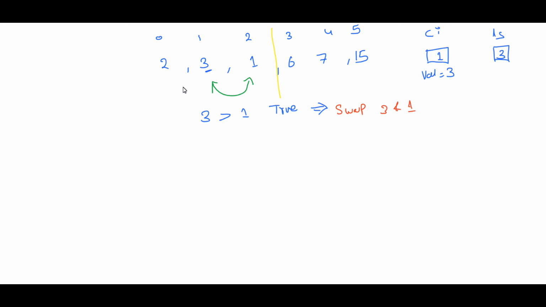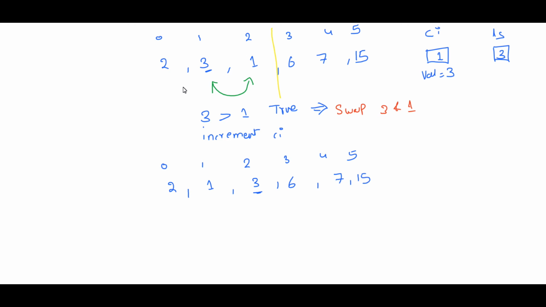And we're going to do the obvious increment of CI. So this is what we'll end up with: 0, 1, 2, 3, 4, 5,